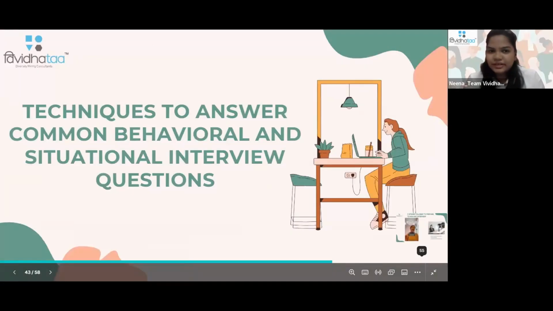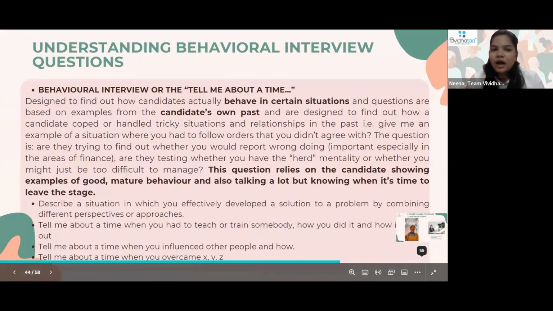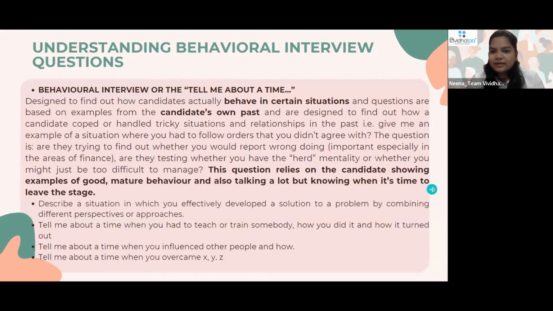Coming to our third agenda, techniques to answer common behavioral and situational interview questions. What are behavioral questions? They are designed to find out how candidates actually behave in certain situations, and the questions are based on the candidate's own past and are designed to find out how a candidate coped or handled tricky situations in